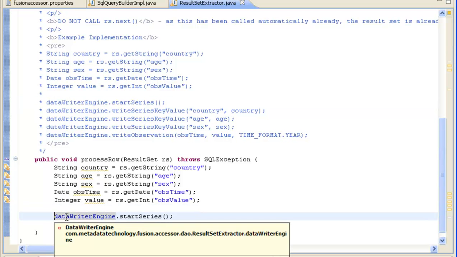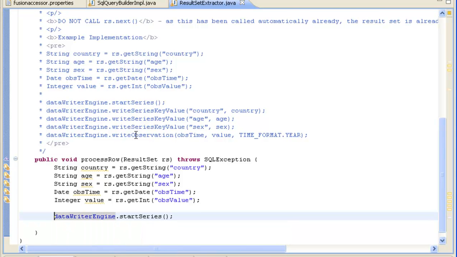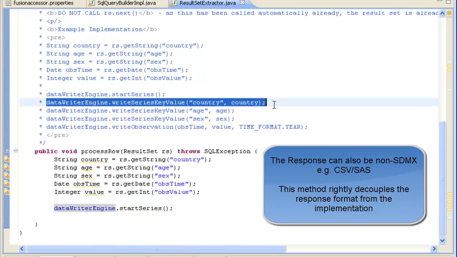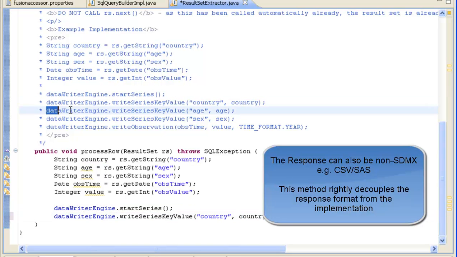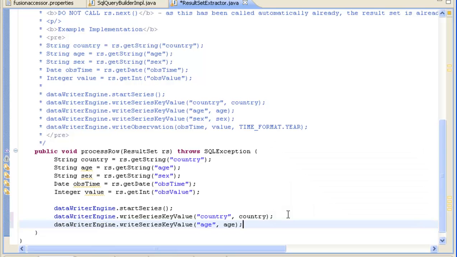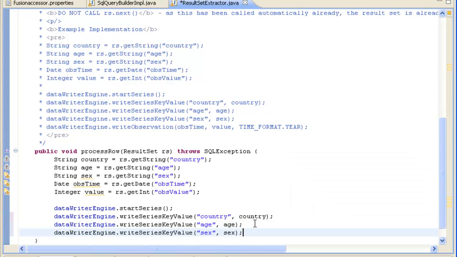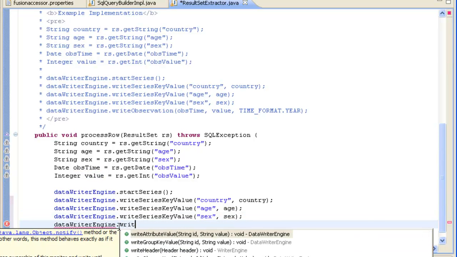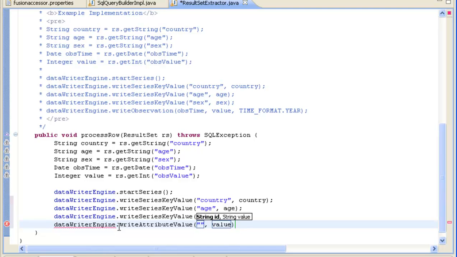You don't know whether it's compact data or generic data or structure specific data. You just know that there's a concept of a new series, and a concept of a series key, so you can write the series key like this. You can add attributes to the series by saying data writer engine dot write attribute value, and you can give it attributes. Obsconf is a